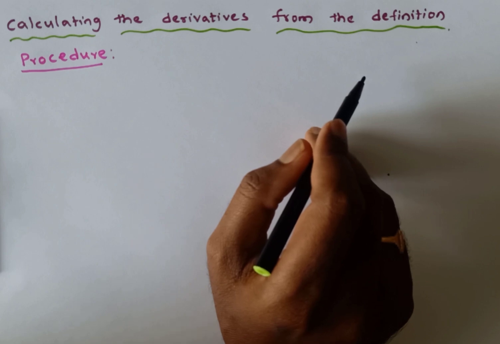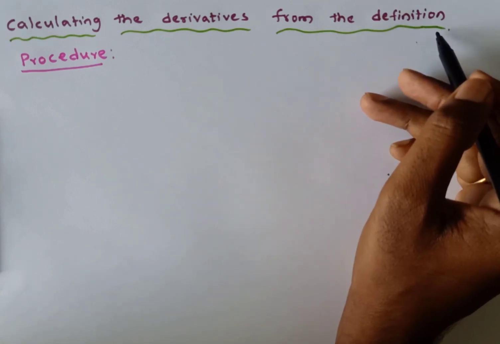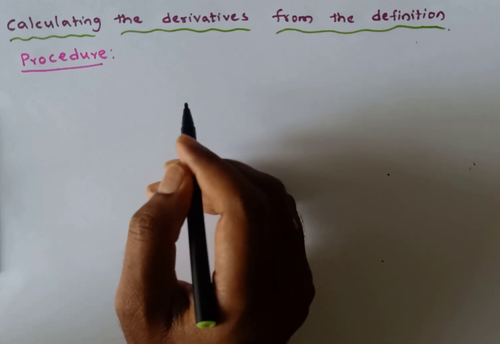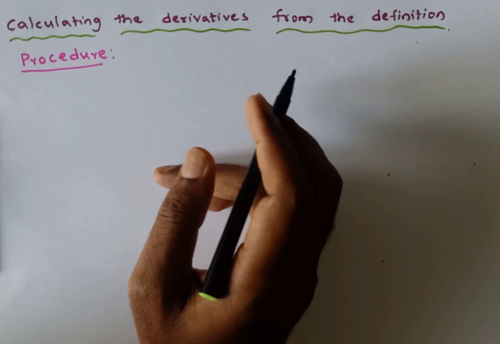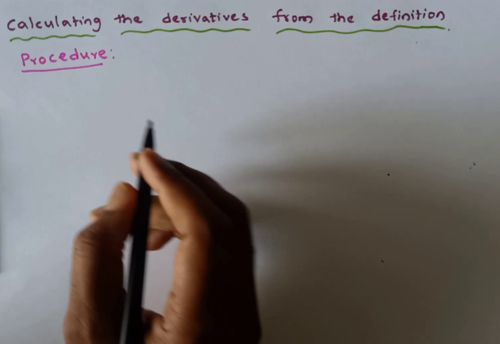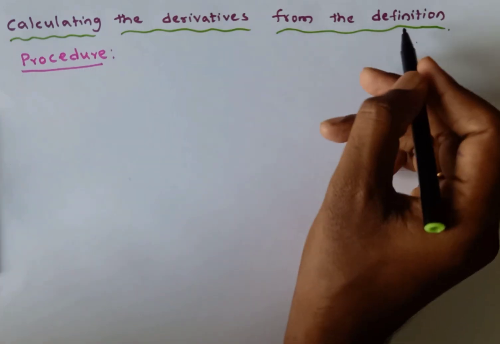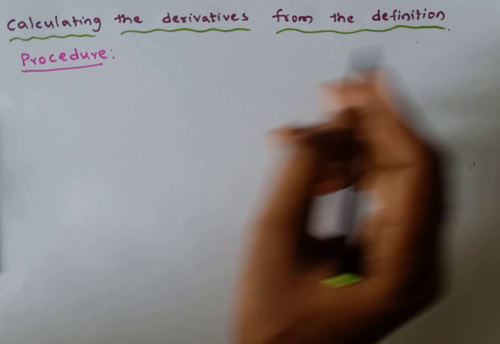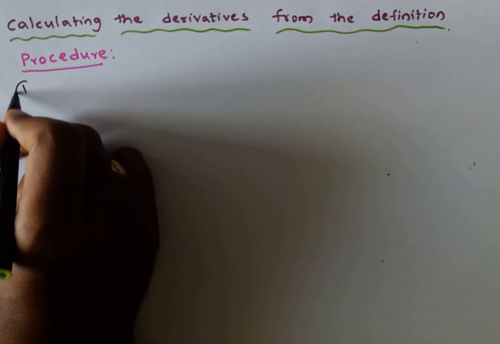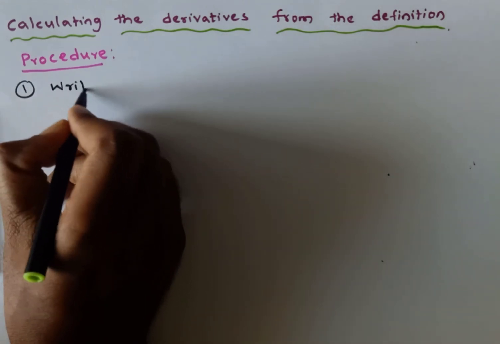To find the derivative of a given function, we must use the definition only. See here, the process of calculating the derivative of a given function is known as differentiation. The process of finding the derivative is nothing but differentiation. See the procedure, which is derived from the definition only. The first step is that you need to write the expressions